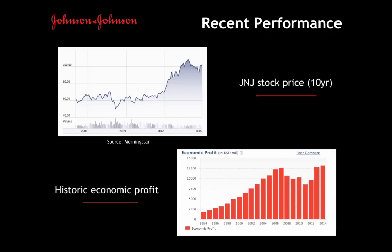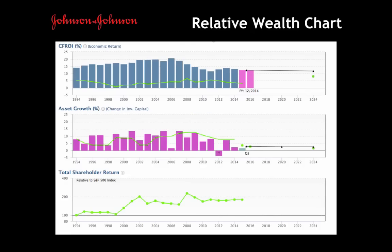The recent performance of the company's stock price displays a strong upward trend. Also, economic profitability is at a historic high, having exceeded pre-economic crisis levels. The relative wealth chart shows that management has succeeded in creating wealth since CFROI levels have constantly been well above the discount rate. The declining CFROI forecast can be attributed to fade, but low historic CFROI volatility, large market cap,